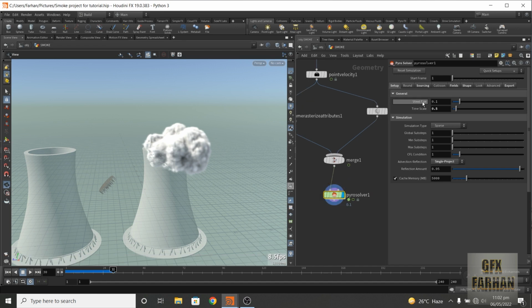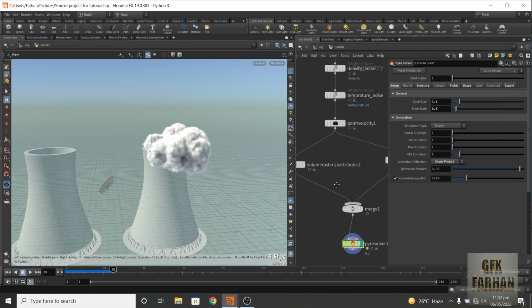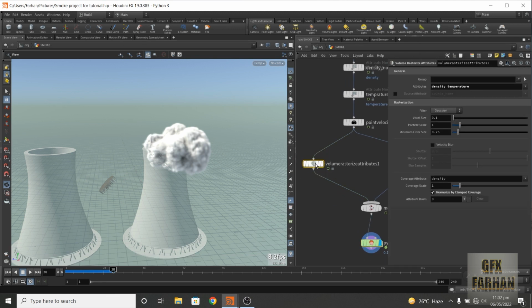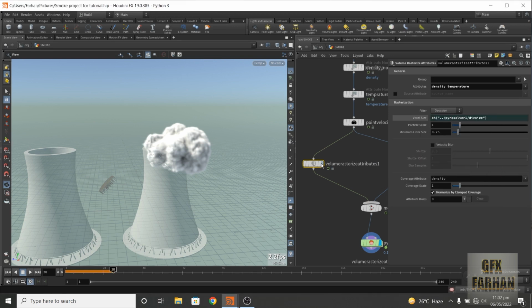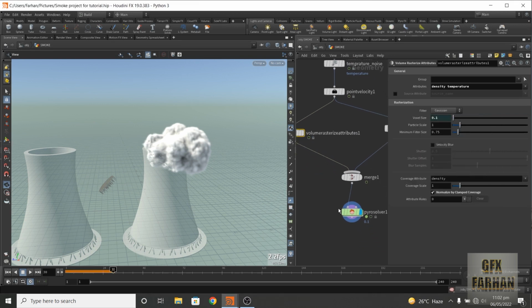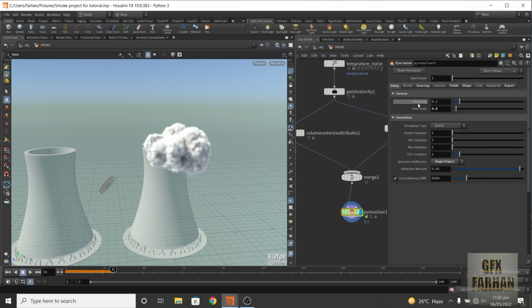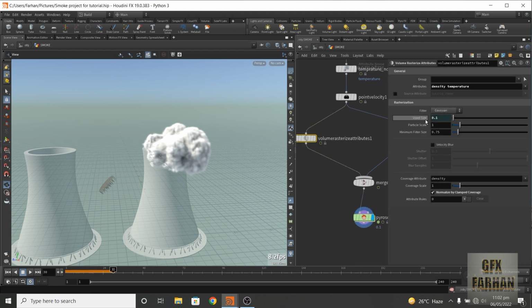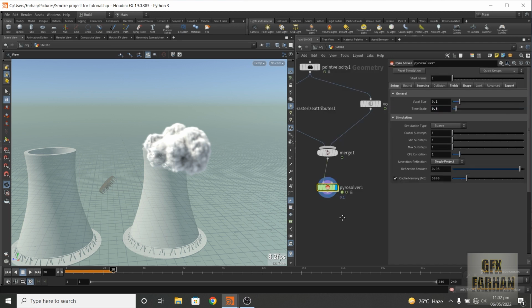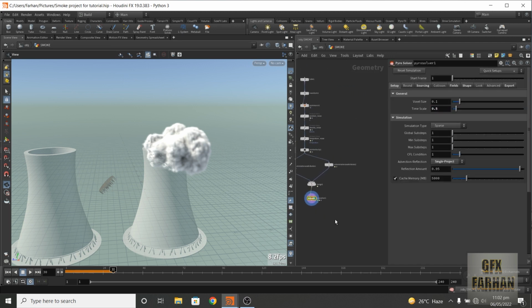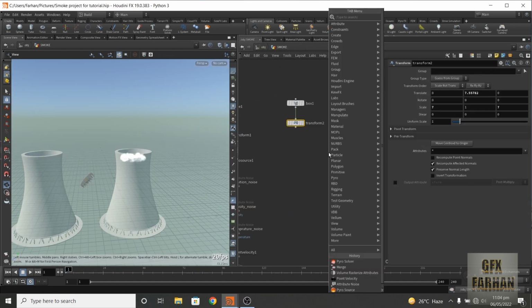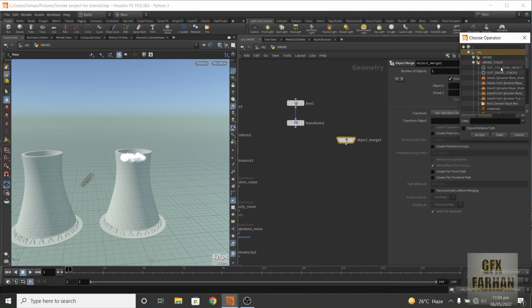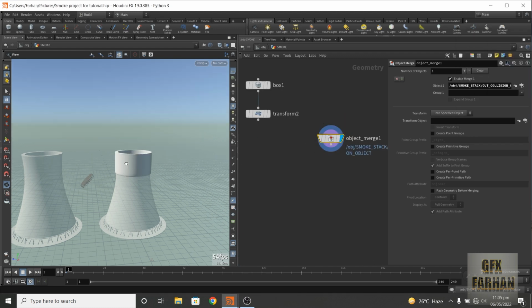Also make sure to copy the voxel size and paste it as a relative reference, because when we change this voxel size, automatically this also changes. Now let's add collision. For collision I use this object merge node and collision object. This is my collision object,